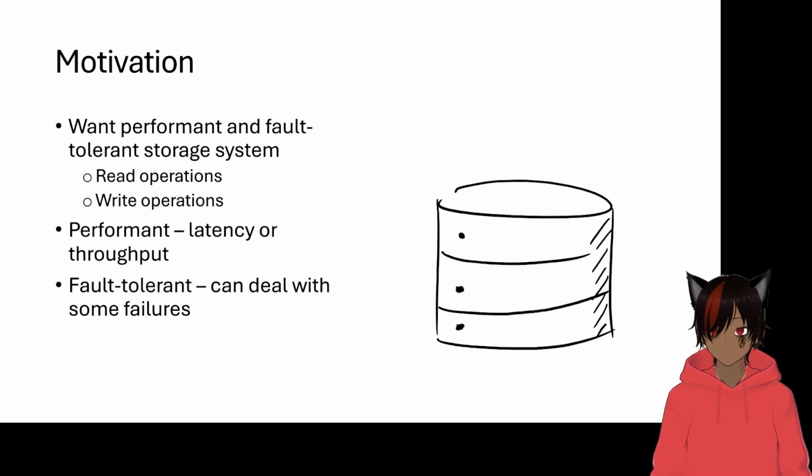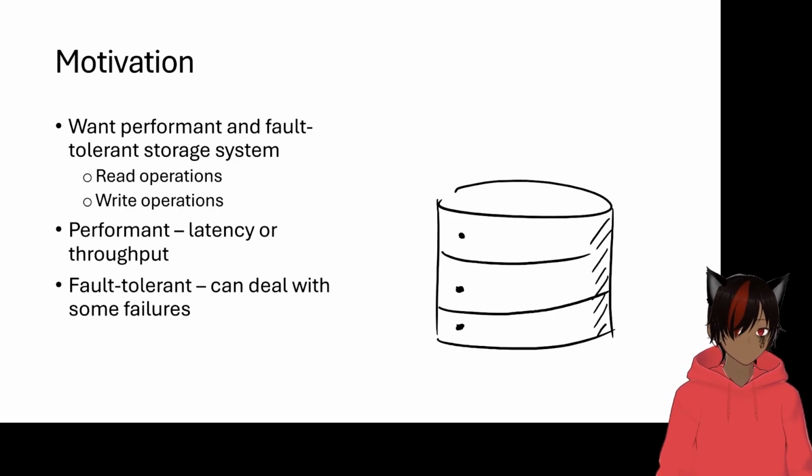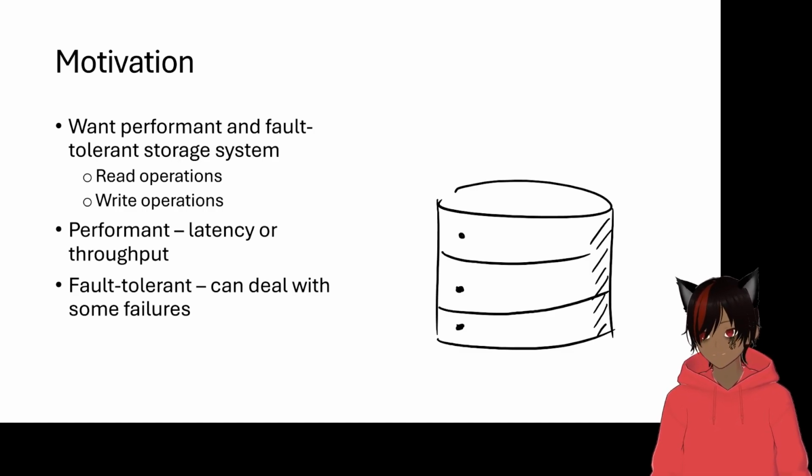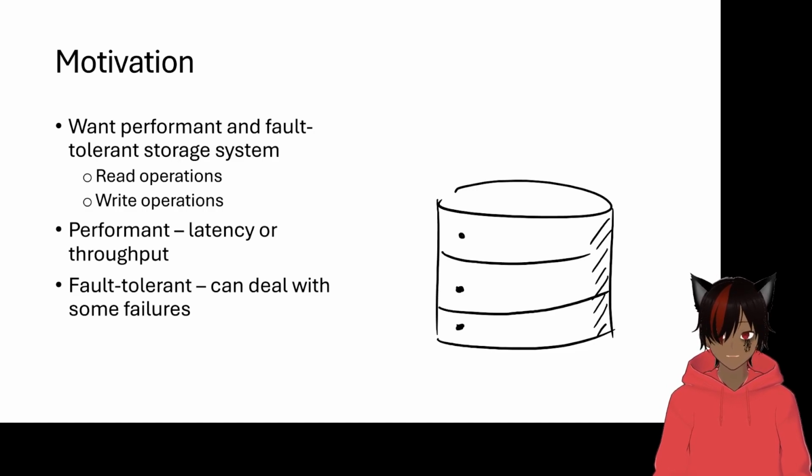And fault tolerance is, hey, can we actually deal with some sort of hardware failures or network failures? And so clearly, a fault tolerant system can't just be one machine, because say the power gets unplugged, or unfortunately the hard disk just dies or something. That's a failure that a single machine can't recover from, but a cluster or a distributed system can.